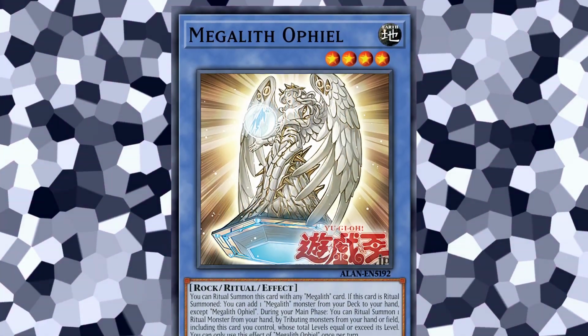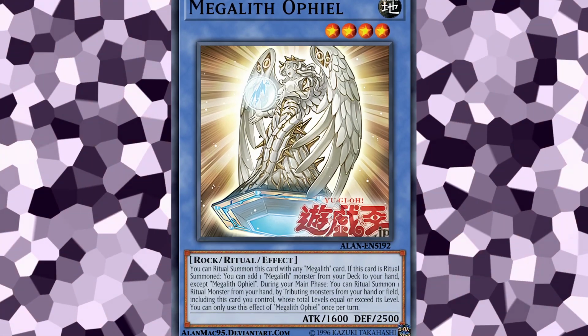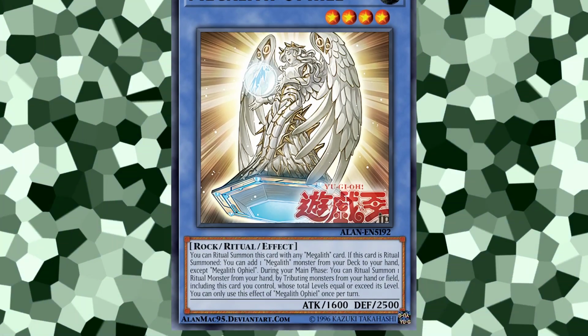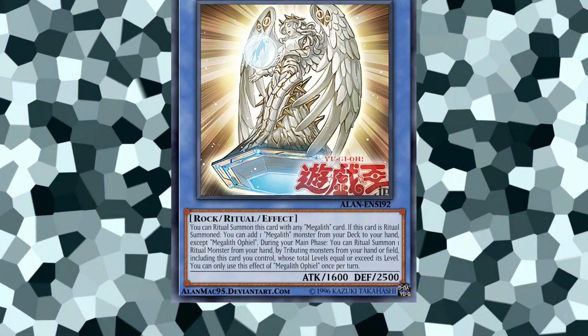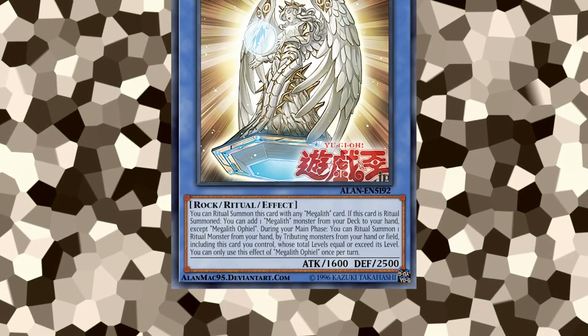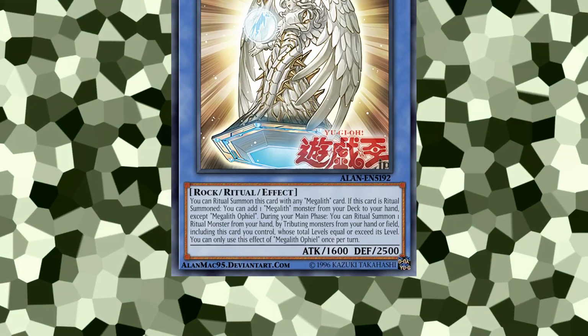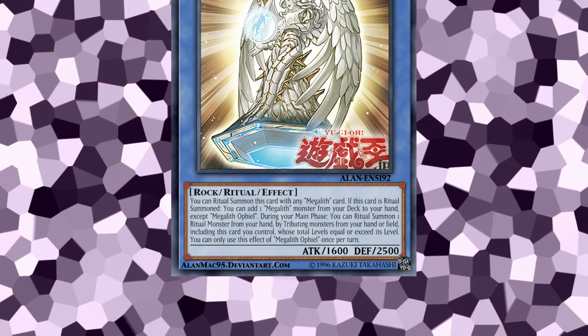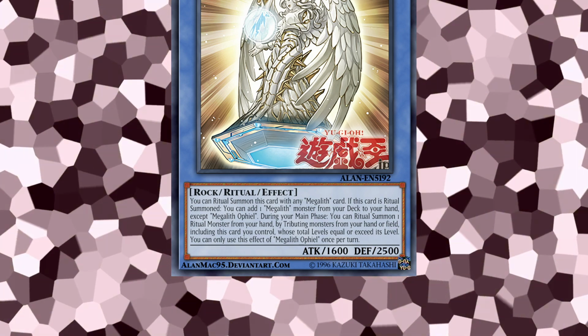There are 3 level 4 Megalith ritual monsters. FeO is one of them, and it is their Searcher. It is a level 4 Earth ritual monster with 1600 attack and defense, and it has the following effect. You can ritual summon this card with any Megalith card. If this card is ritual summoned, you can add 1 Megalith monster from your deck to your hand, except Megalith